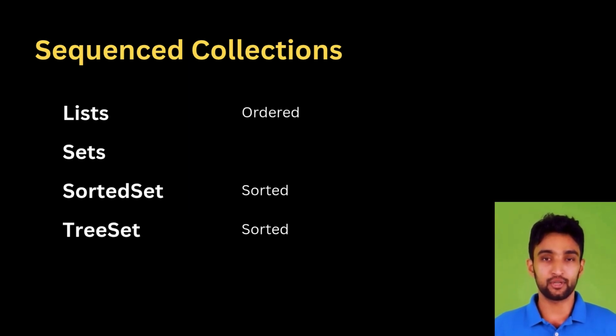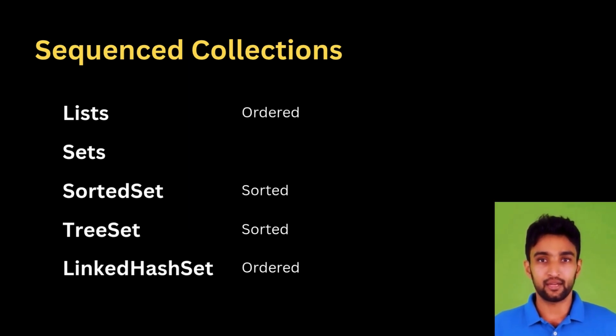The order in which you encounter elements when you iterate over a collection is called encounter order. Lists always guarantee a stable encounter order. With hash set, the order is unpredictable and might change depending on the internal rehashing. But with linked hash set, encounter order stays stable, meaning the elements come out in the same sequence they were